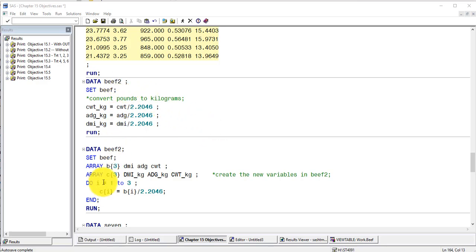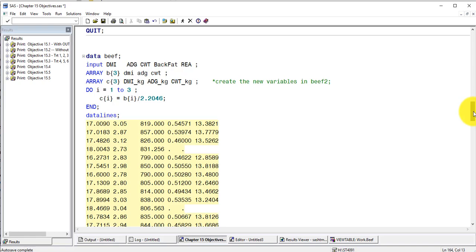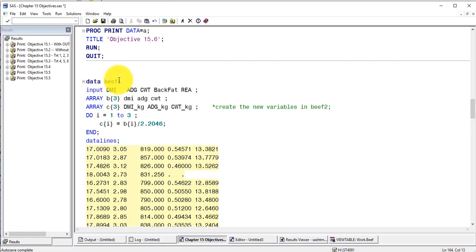In these next 2 data steps, they're both beef2 also. If I come back up here to the first one, this one is in beef, so my original data set beef contained these values, and down here highlighted in yellow, I'm adding the metric to it. I'm increasing my data set by 4 new variables, the metric measures plus the index variable I, and all that's going to be contained in beef. For illustration purposes only,